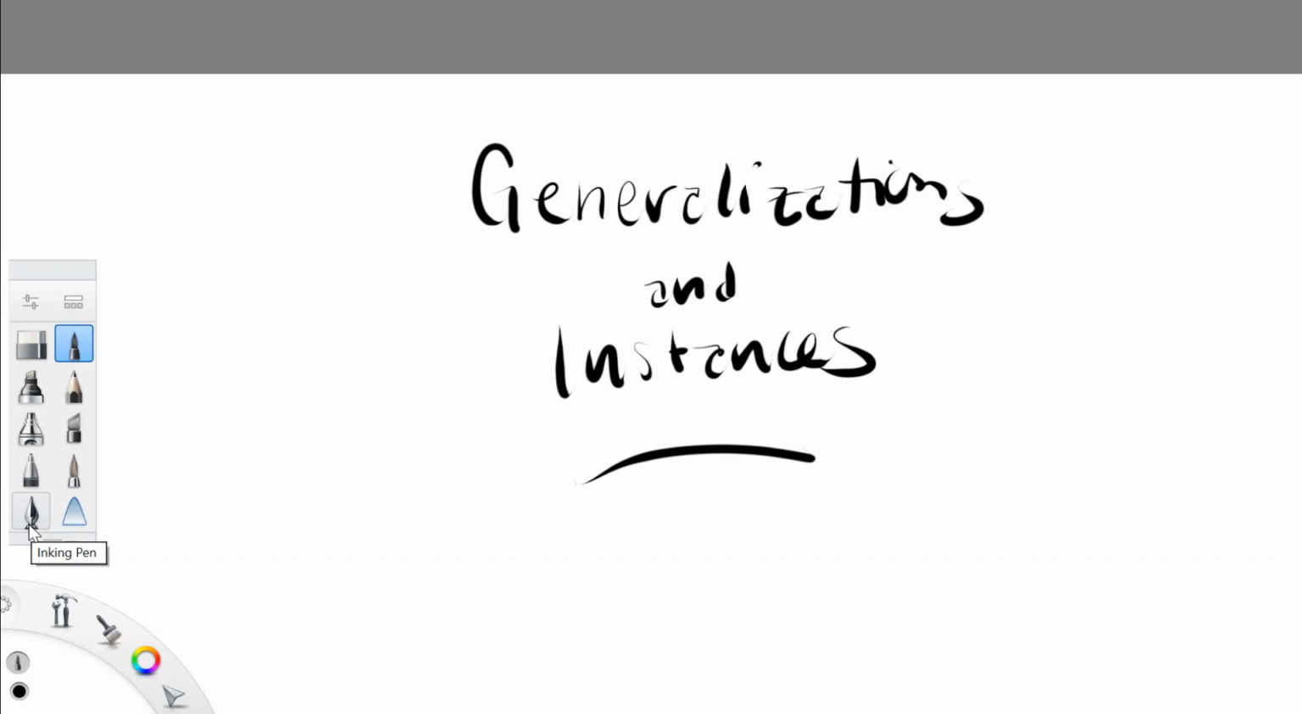Hello everyone. This is going to be a short little lesson on generalizations and instances. In particular, we're going to be interested in the relationship between a generalization and its instances. This will be a very important concept to have before we start to really get into our new predicate derivation